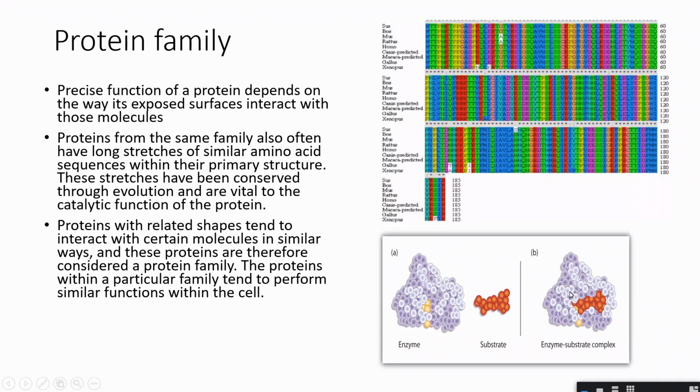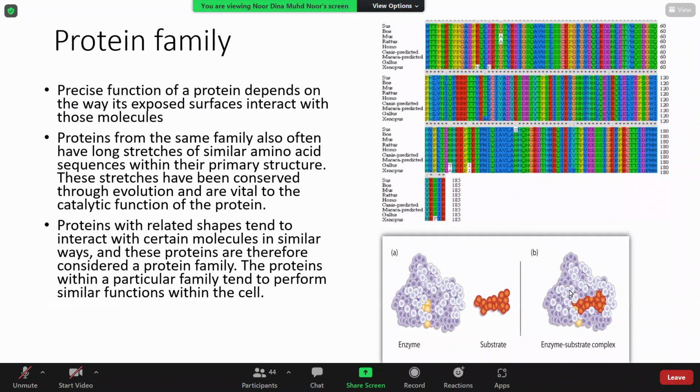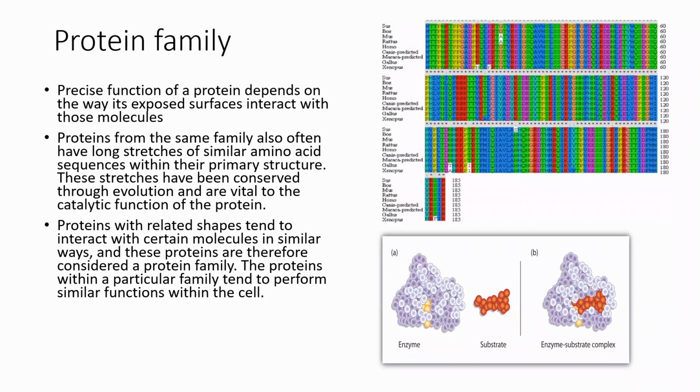Same thing when they behave in humans or in the rats or in the zebrafish or in other mammals as well. So that's why for certain drugs, we test it on the mice,